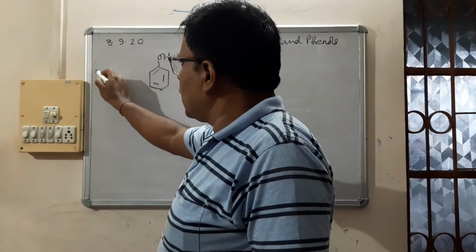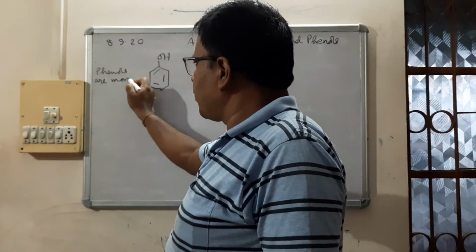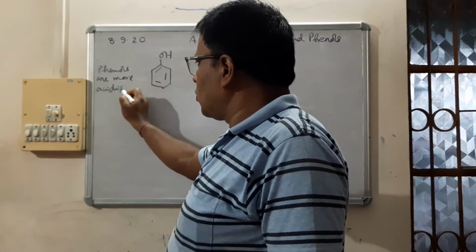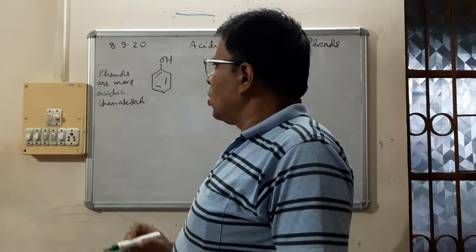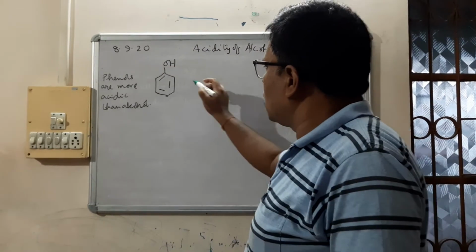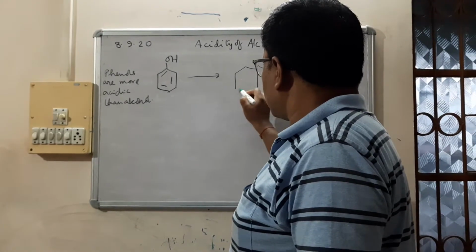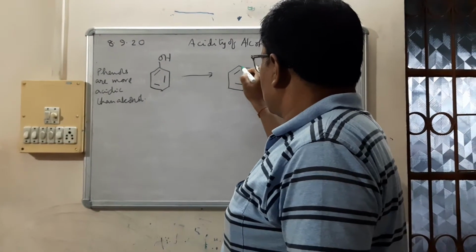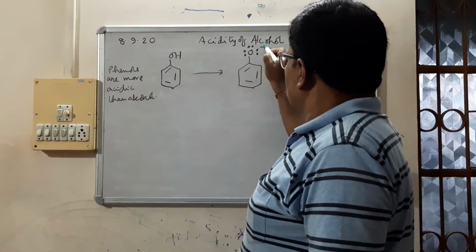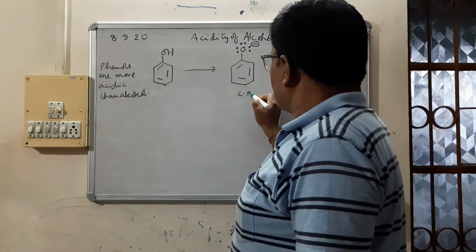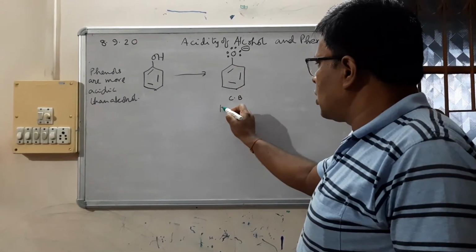So we can write a very important thing. Phenols are more acidic than alcohol. So what is the reason? The conjugate base of phenol, it is this one, which is called phenoxide,